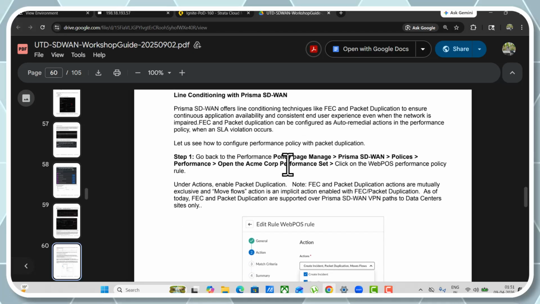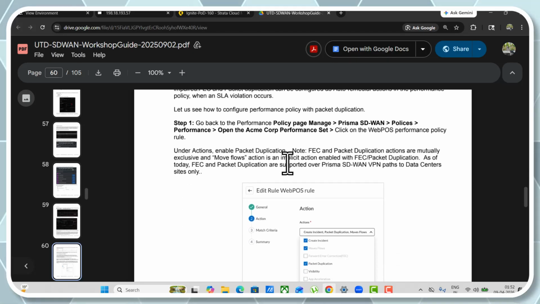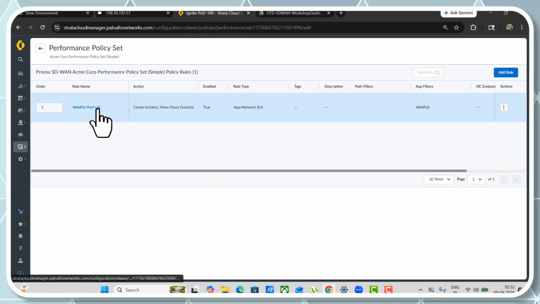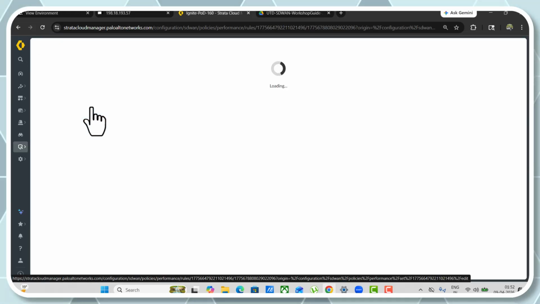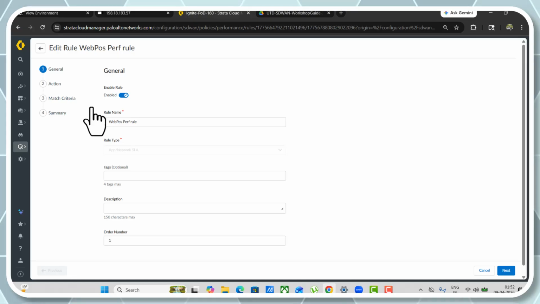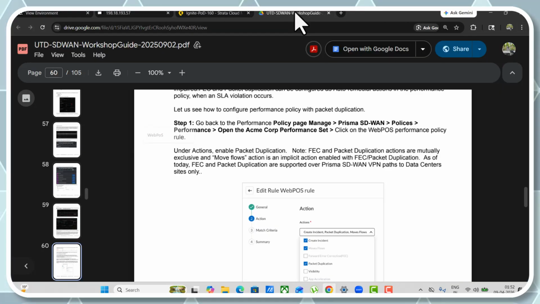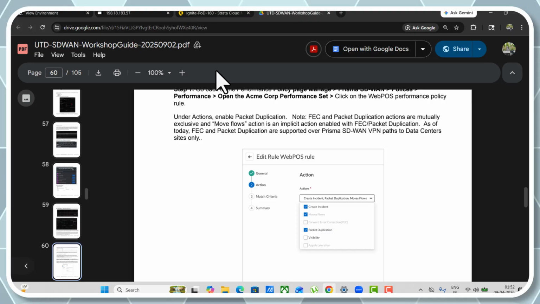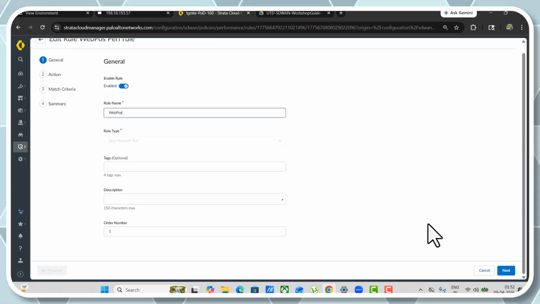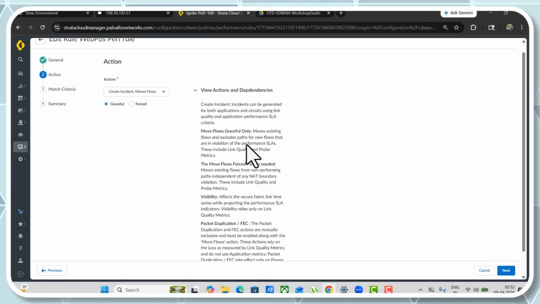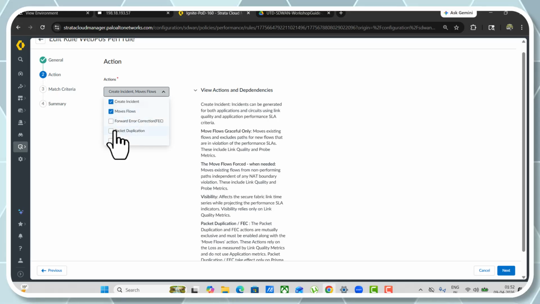What it is saying, click on the web performance policy. What this policy we have created, what it is saying. So let me change the name as well, otherwise it will not match with my logs. Now this time in action criteria we have to do the packet deduplication so that packet can travel with both of the network. So action packet deduplication,